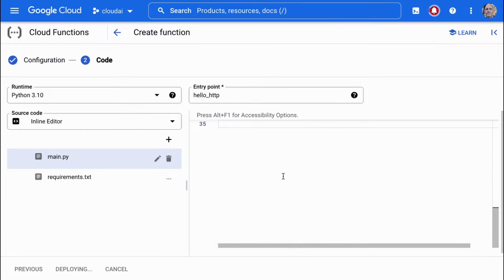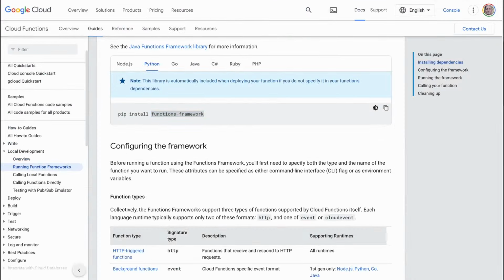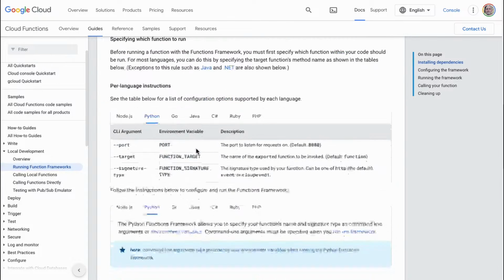Now, while that's deploying, why don't we also test out the local version so I can read the documentation again, which is going to be, where was that documentation? Running functions, here it is. Let's go to this documentation. And so it tells me all this.